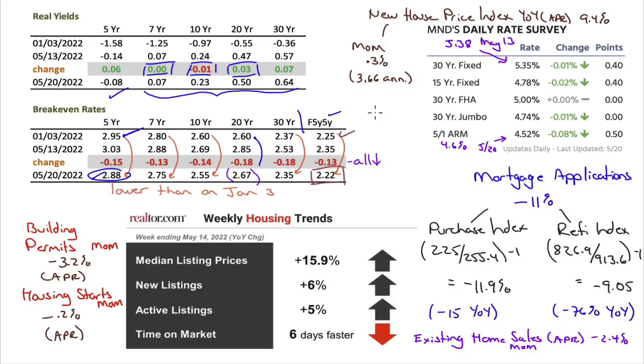At the beginning of the year, January 3rd, for the first week, we still had a very strong market. I think we hit new highs early in January before it really started to turn negative. So this was before everything started turning negative, and our inflation expectations, that is built into the break-even rate, is lower than it was at the beginning of the year.